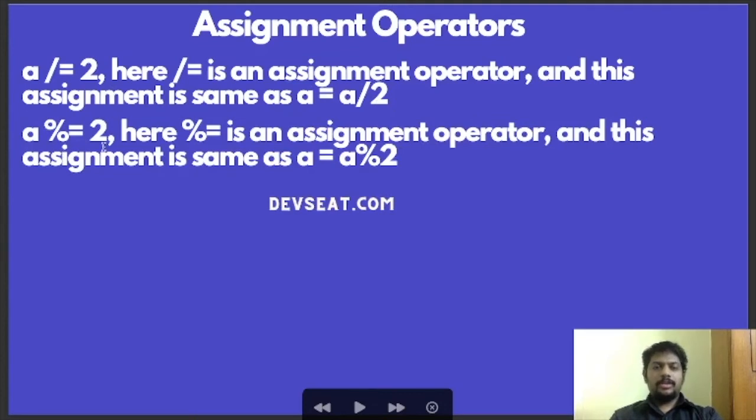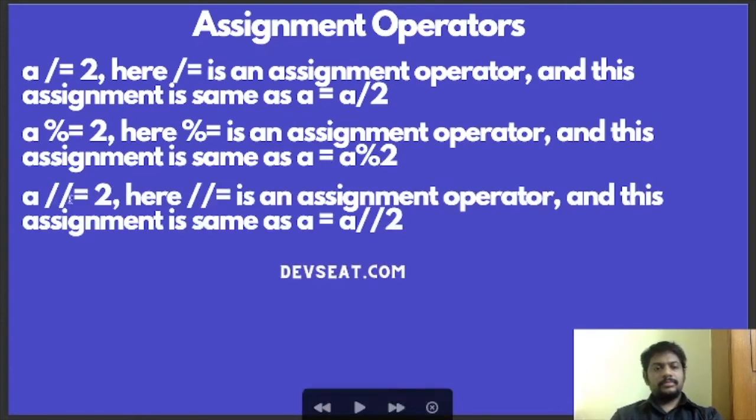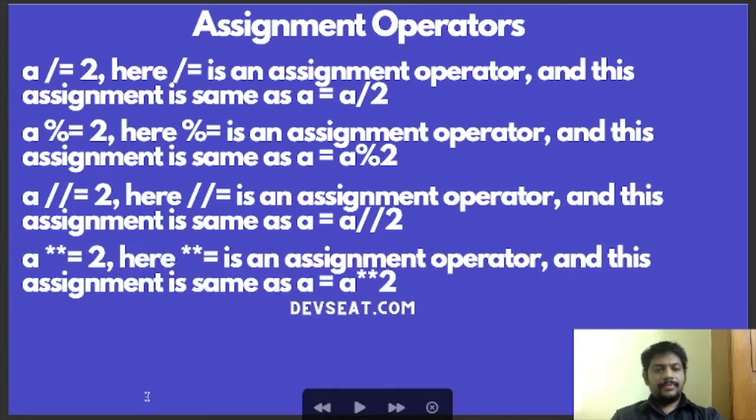Same for modulus, a modulus equal to 2 is a equal to a modulus 2. Same for double slash as well, and for exponentiation also.